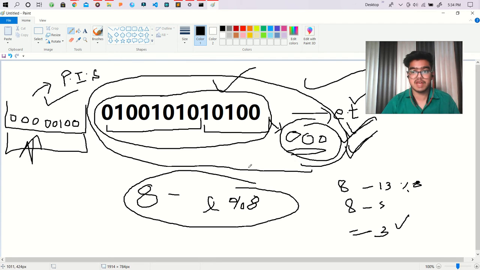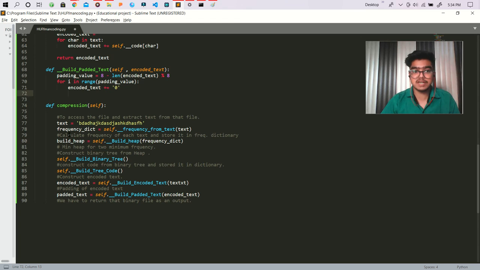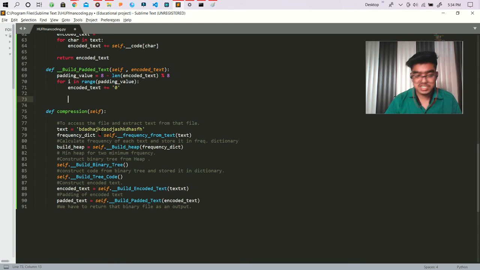Now the next thing we have to do is to make the padding information, like how much amount of padding we did. For that we are using the concept of string formatting. First of all I am writing that, then I will explain what I am writing here.